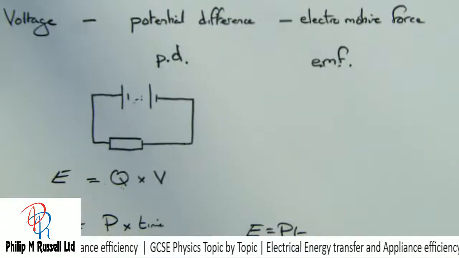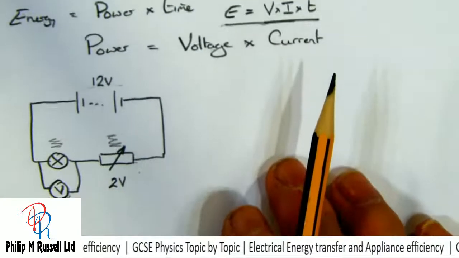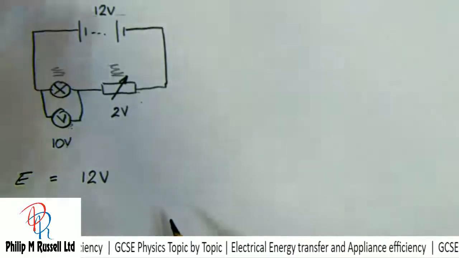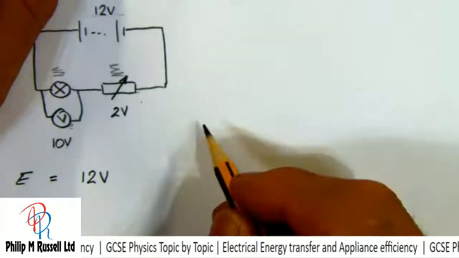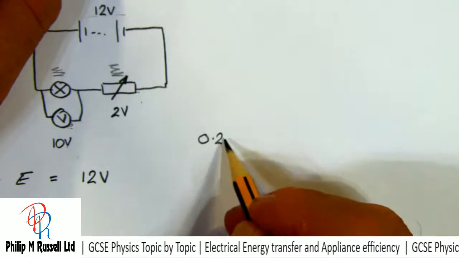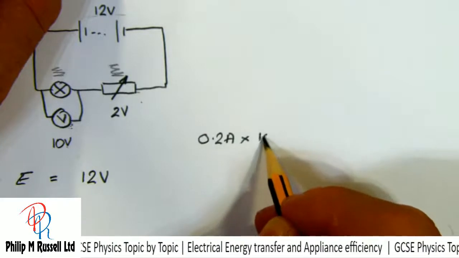I didn't measure the current going through in that circuit, so we'll make it up and say, let's suppose it's 0.2 amperes and we ran it for 10